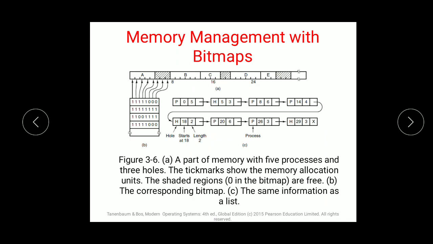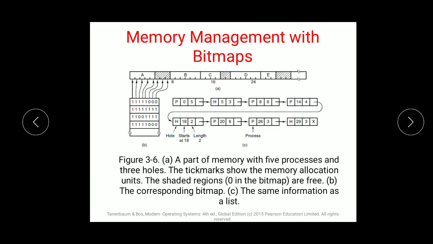So what is the advantage of bitmap? A bitmap provides a simple way to keep track of memory words in a fixed amount of memory, because the size of the bitmap depends only on the size of memory and the size of the allocation unit. Allocation unit size and total bitmap size depend on each other, and that is the reason maintenance of such a bitmap provides proper track keeping.